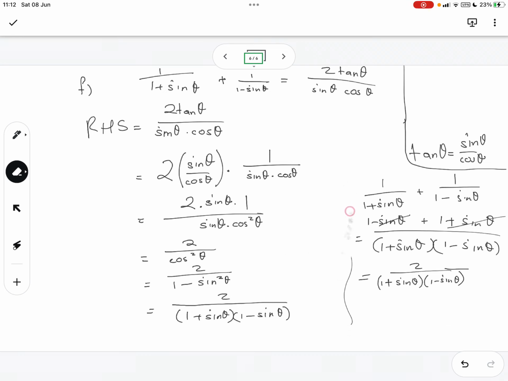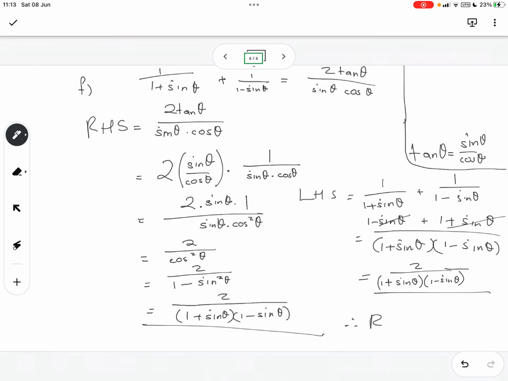And I guess if you go straight from left hand side equals, or rather, let me do this. So you can say left hand side equals, so this is that case, yeah, here in the matric learning guide where they say if both sides look difficult, you can simplify on both sides until you reach a point where both sides are the same. So on our right hand side we got to this point, and on our left hand side we got to that point. Therefore,